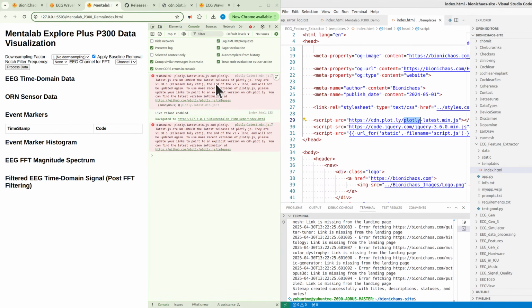This warning is an error that is not being picked up by the Python script, which is a bit odd.